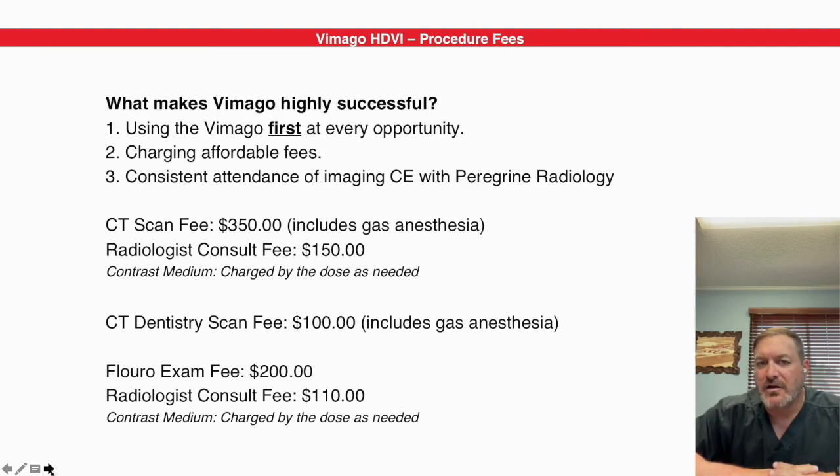When you look at what the spend is on this technology, slice CT technology or even cone beam technology, it's a six-figure spend every time. And that's just when you buy the equipment. And then, of course, you've got to look into what the maintenance costs are, what the service costs are, what kind of warranty is on the parts, etc. But what really makes the Vimago highly successful